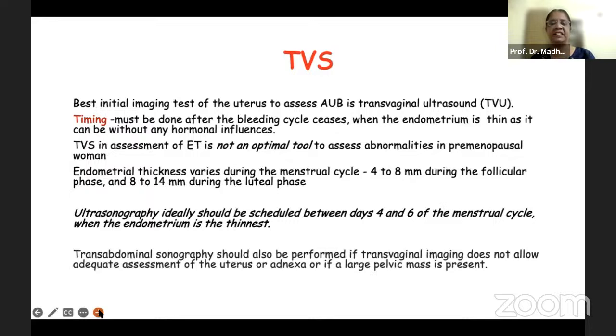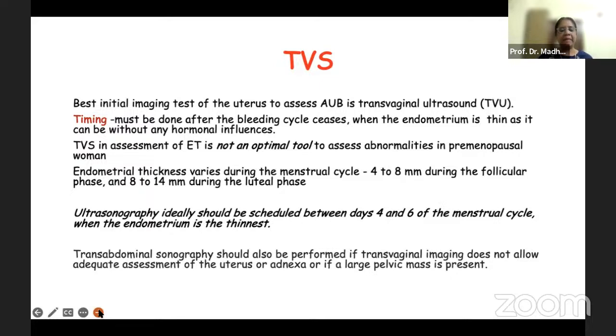Now, transvaginal ultrasound was invented in the late 1980s, and it's something like a sonography with a microscope, looking at a sonogram with a microscope. It is the best initial imaging test of the uterus, especially in postmenopausal ladies. If you use it in premenopausal or young women, it must be done in the follicular phase just after the bleeding ceases, so that the endometrium is thin and you can see it without any hormonal influences. In a postmenopausal lady, if the thickness of the endometrium is less than 4 millimeters, you almost can rule out